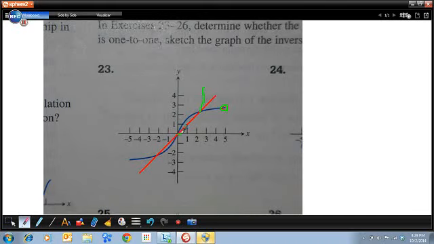And then if you can see, I'm just drawing this curve as if I were folding a piece of paper along that red y equals x line there and out. Now it looks pretty terrible, but if you have a pencil and a piece of paper, it's not too hard to sketch that inverse. So the inverse is going to be the green line here, which is a reflection of the blue curve across the red line, which is y equals